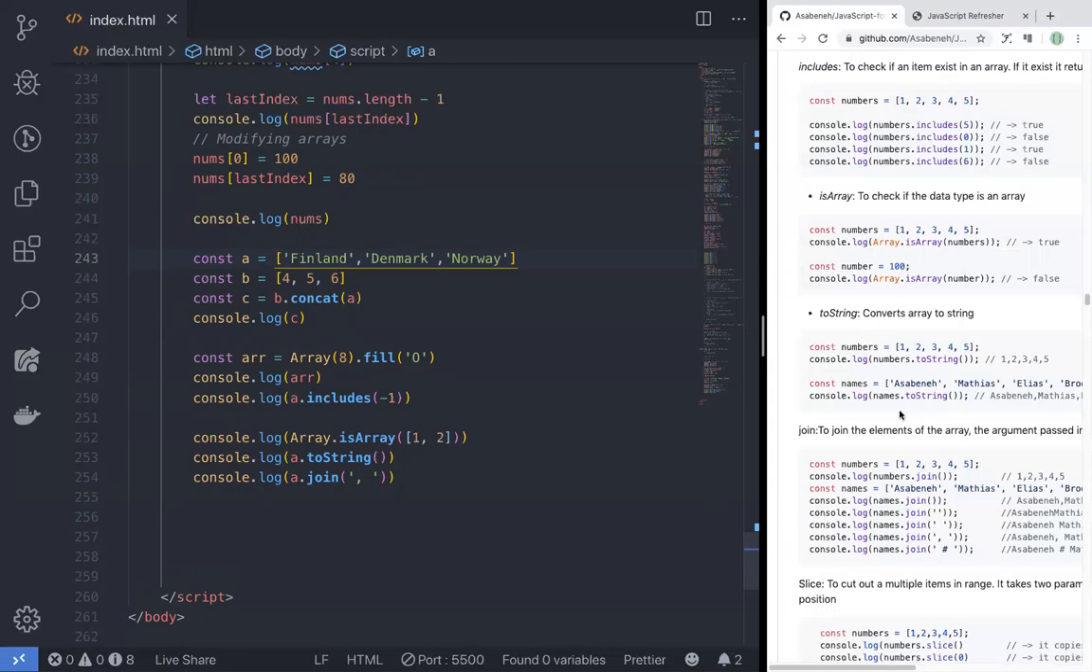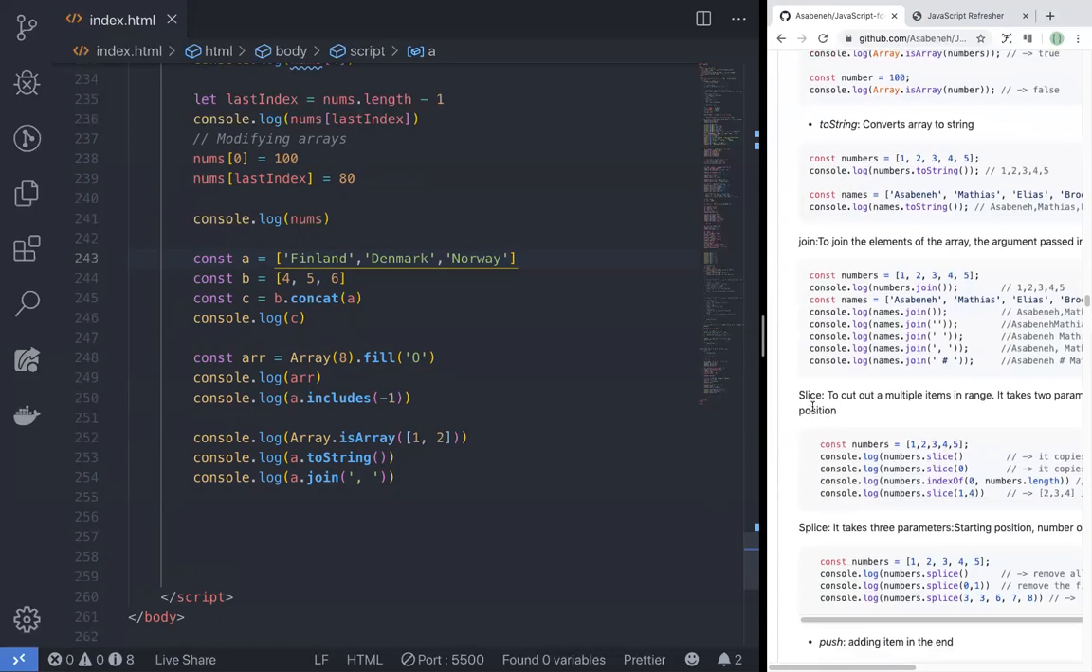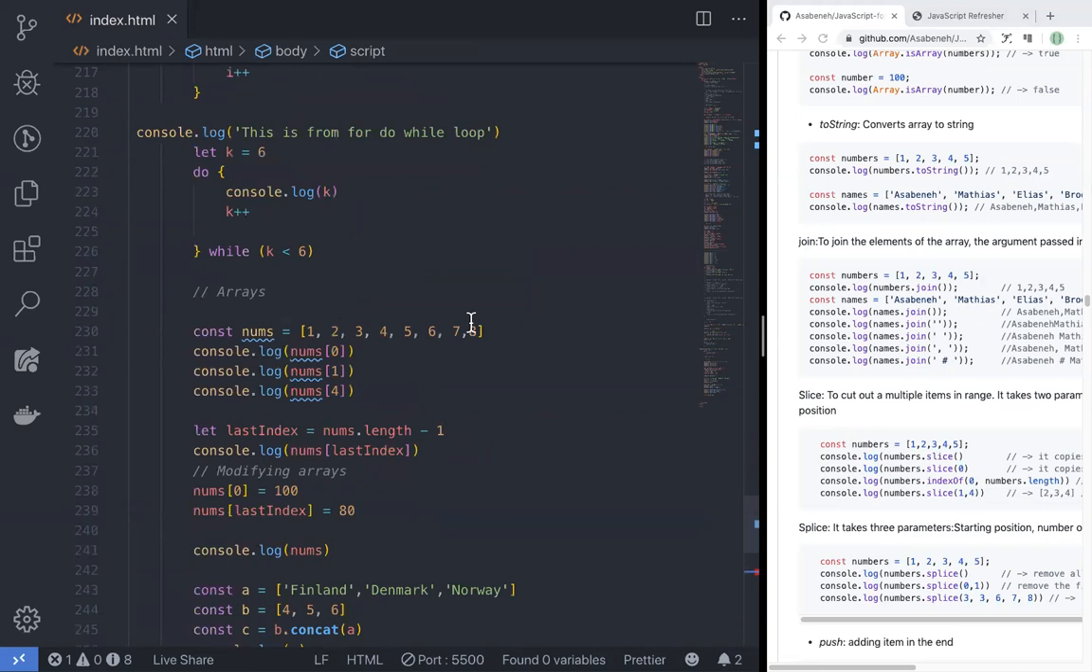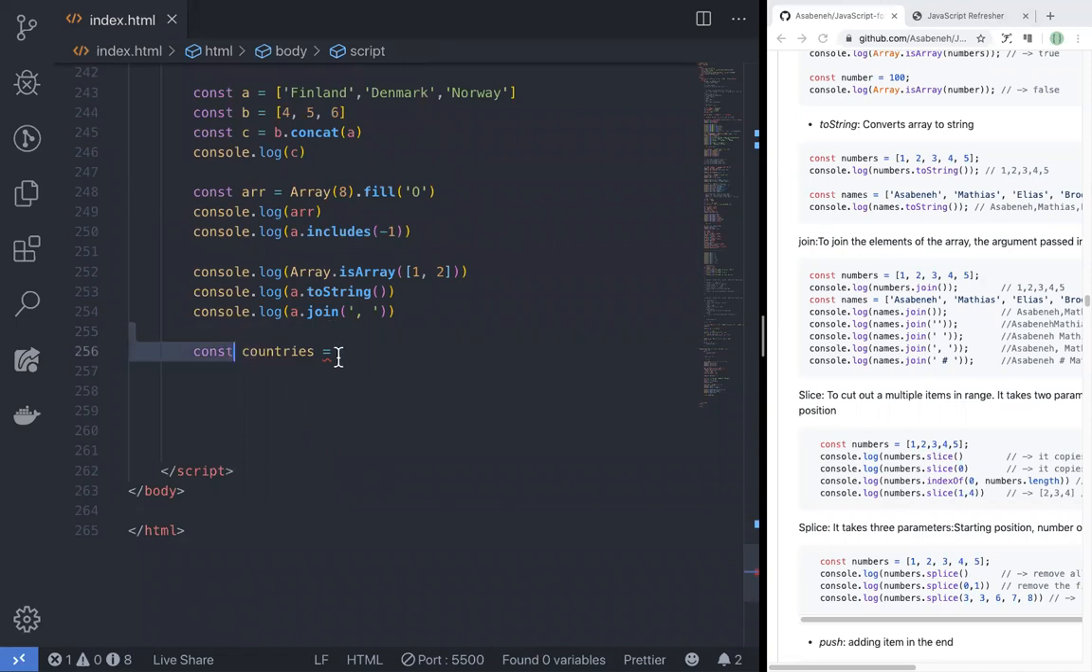Great. Let's move on. Slice is like substring or substr. It helps us to remove some of it. Let's write const countries. Actually, I like countries. Or shall we just stick to numbers? Did I declare it already? Yes, nums is used already. I can call it numbers. Okay, now if I want to slice,